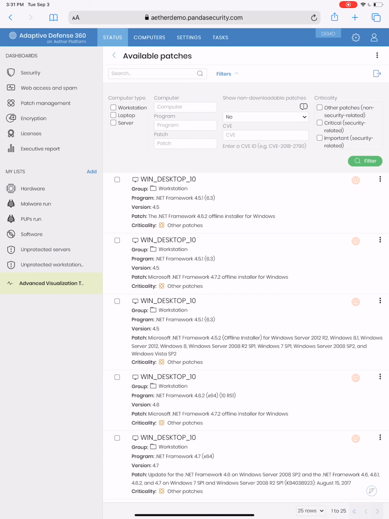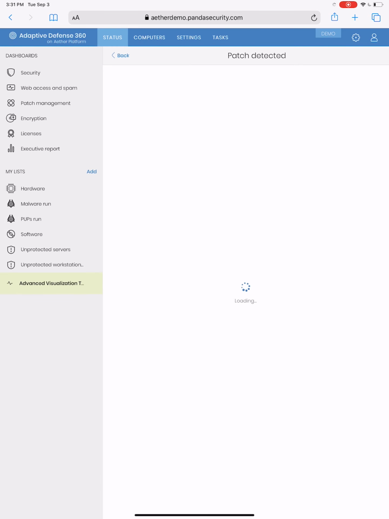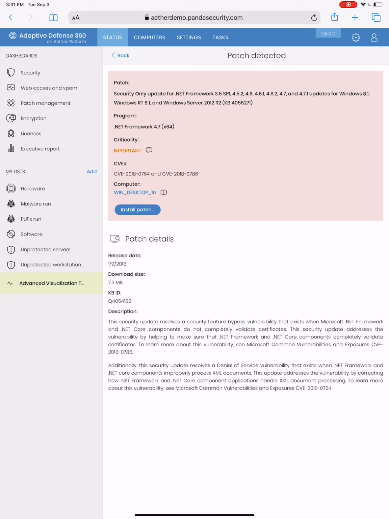Let's just take a look at one of these real quick. This .NET Framework 4.7, I drill down, and it shows me if there are any CVEs associated with it. As I can see, there are 2. Then it gives me the patch details. It says that it resolves a security feature bypass vulnerability that exists when .NET Framework and .NET Core components do not completely validate certificates. This security update addresses the vulnerability by helping to make sure that the .NET Framework and .NET Core components completely validate those certificates. So I could have seen this patch, and I can now push this out on an individual basis,